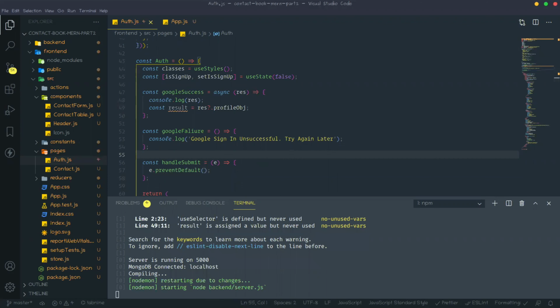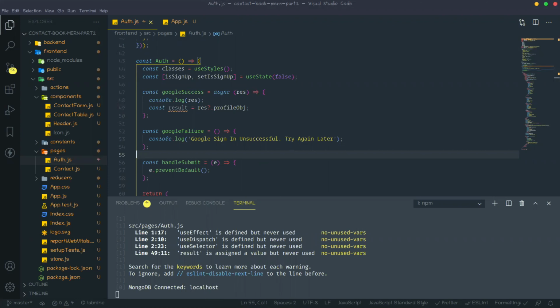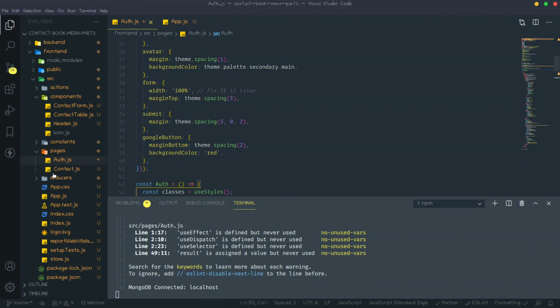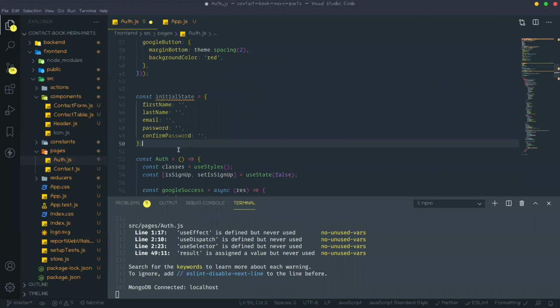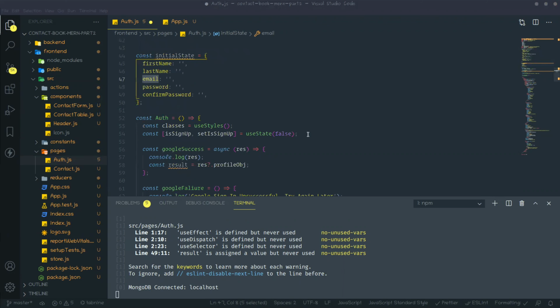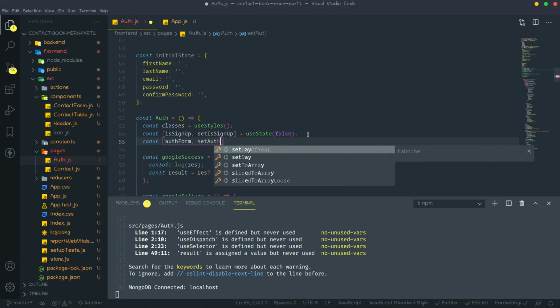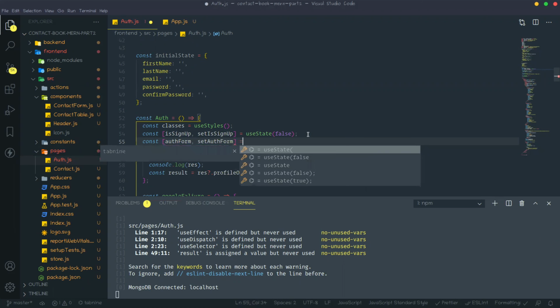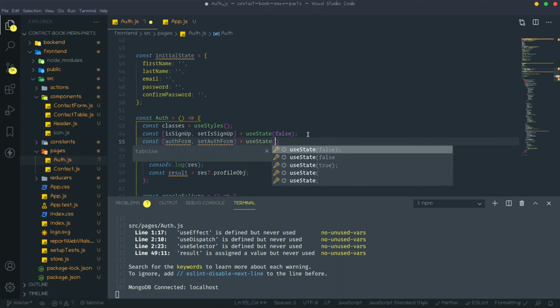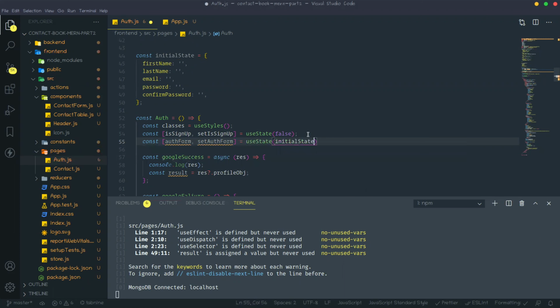Now we need to create one state to manage all those things. So for that, we need to create one initial state, like const initialState, where first name will be blank, last name, email, everything. At the initial state, all will be blank. Now we need to create one state like const authForm and setAuthForm, and here useState equal to, by default the first one is initialState.